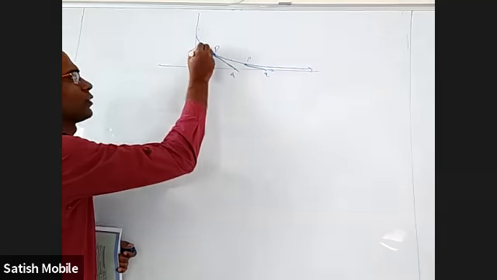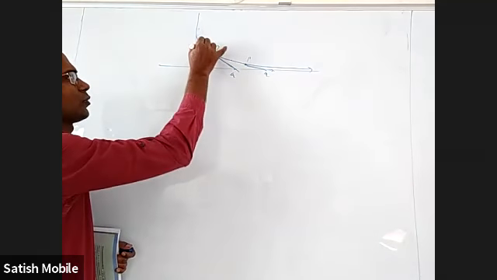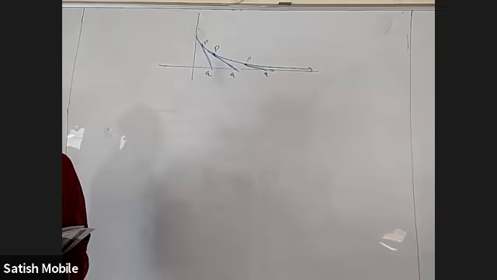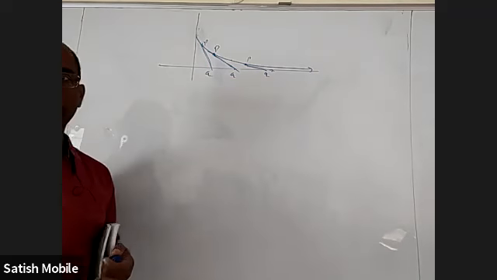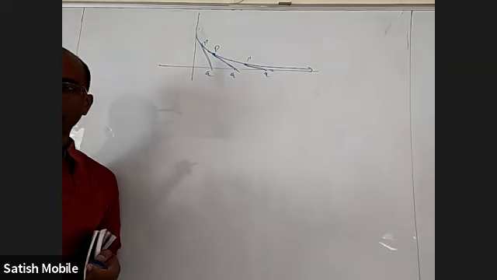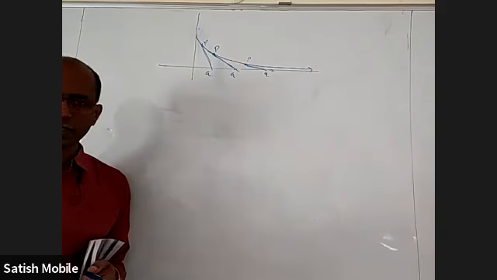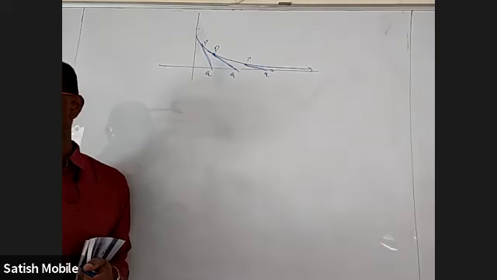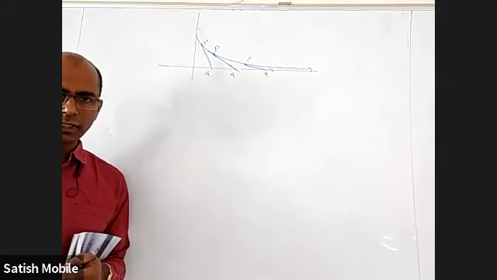This is also 1 unit. When you take P here and find the tangent, that is also 1 unit. Basically, the length of the tangent is 1 unit. In first year, tangents and normals: this is the definition of length of tangent, right? You take any point, draw the tangent wherever it meets the x-axis. The distance between the point of contact and where it intersects the x-axis is called the length of the tangent.